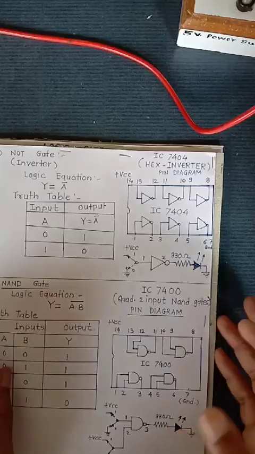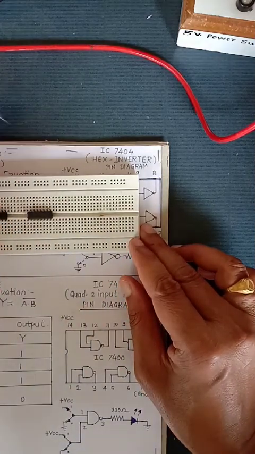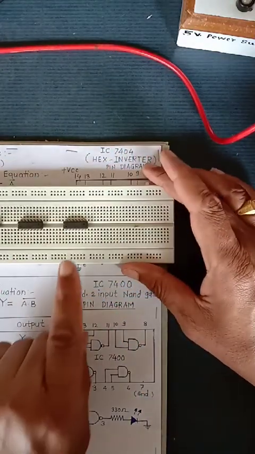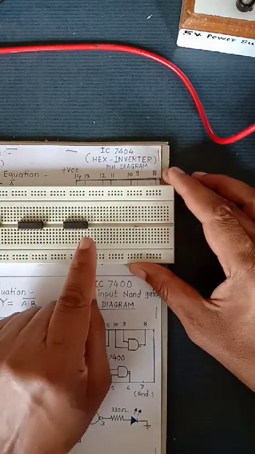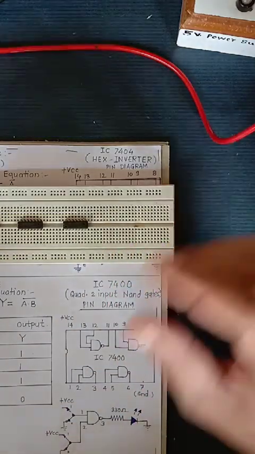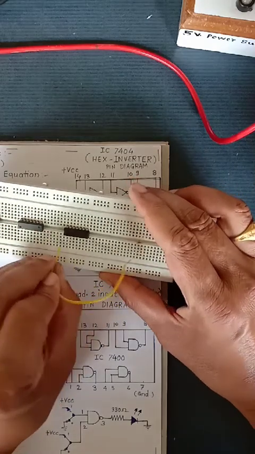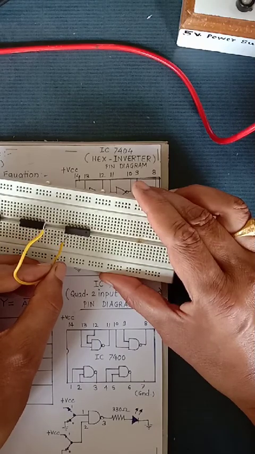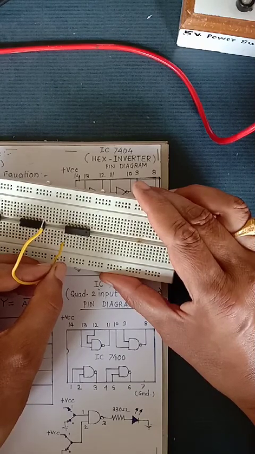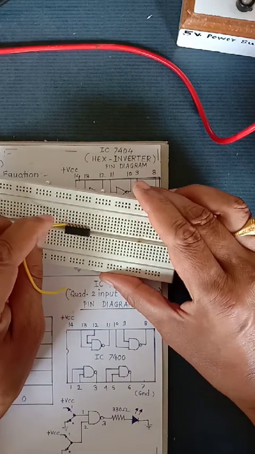Okay. Now we connect the NOT gate. See here, this is the third IC. It is a 7404, the NOT gate IC. It is a 14 pin IC. Pin number 14 is plus VCC, pin number 7 is ground. So first connect pin number 14. This is pin number 1, because the notch or U sign is at the left side. So count from the left side: pin number 1, 2, 3, 4, 5, 6, 7, 8, 9, 10, 11, 12, 13, 14.